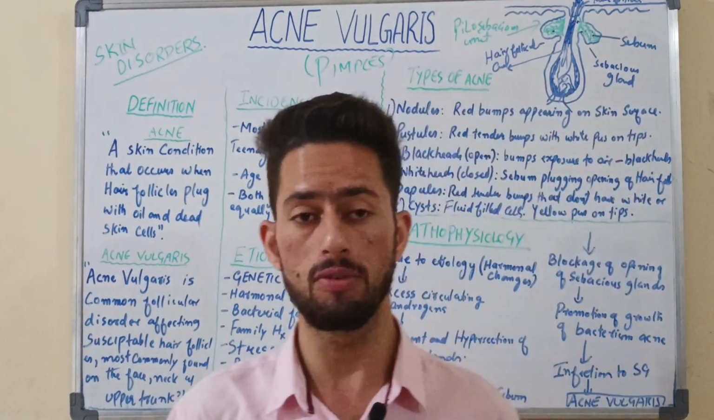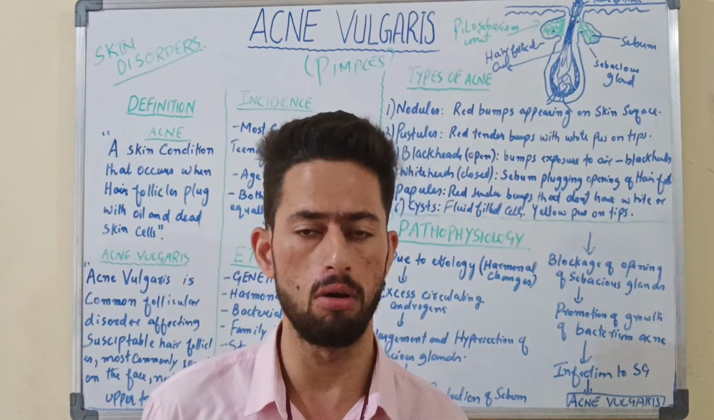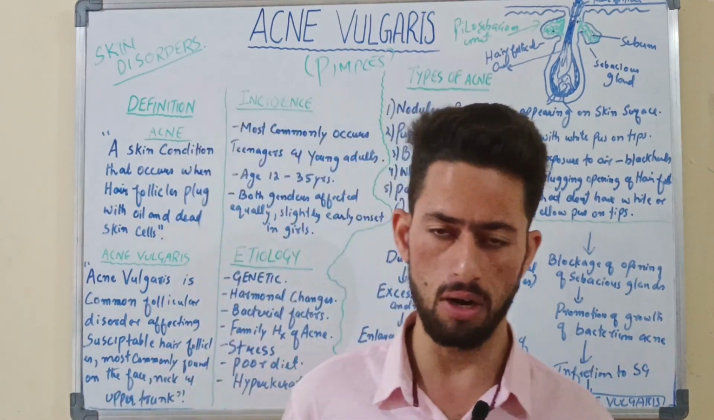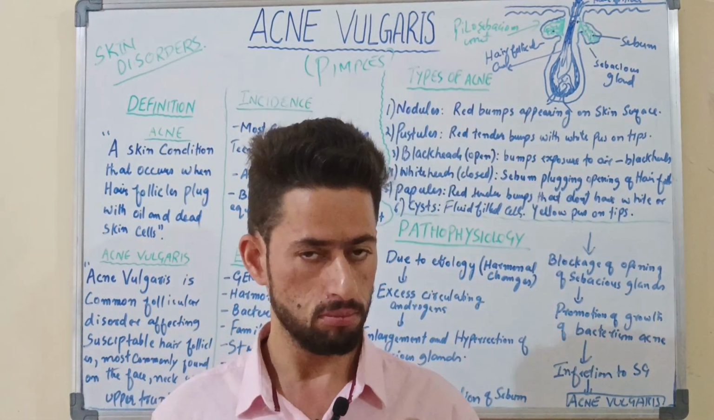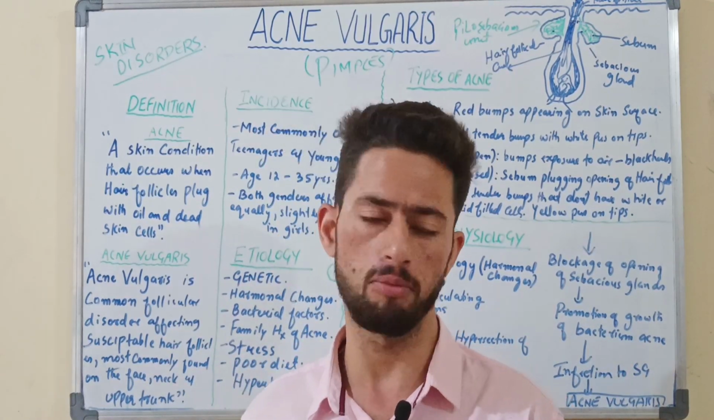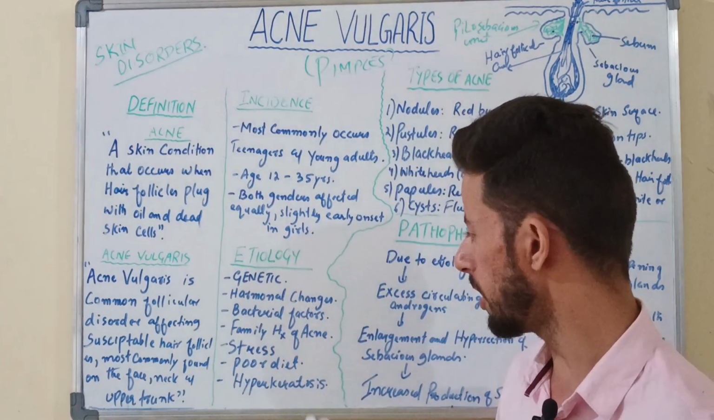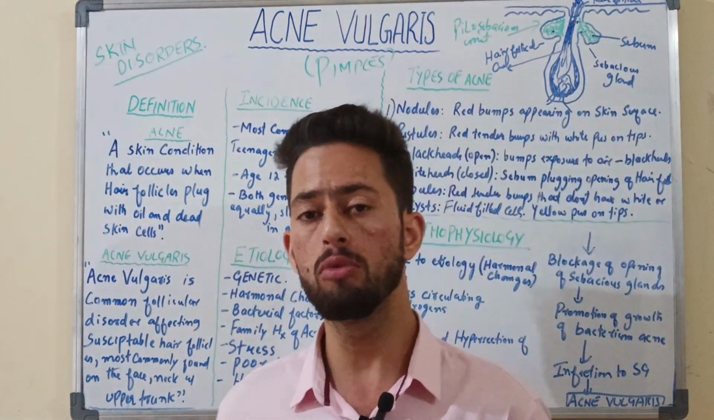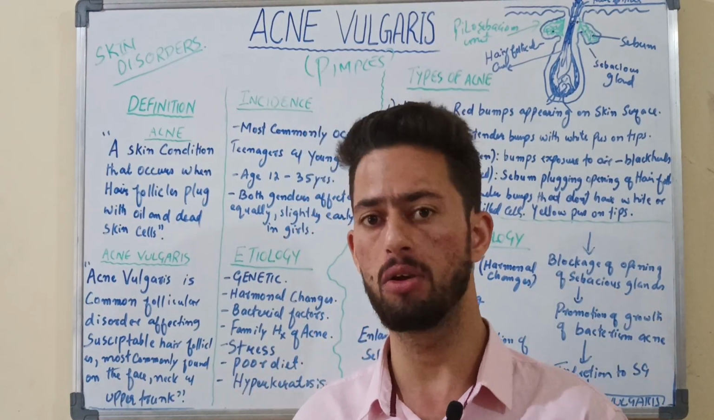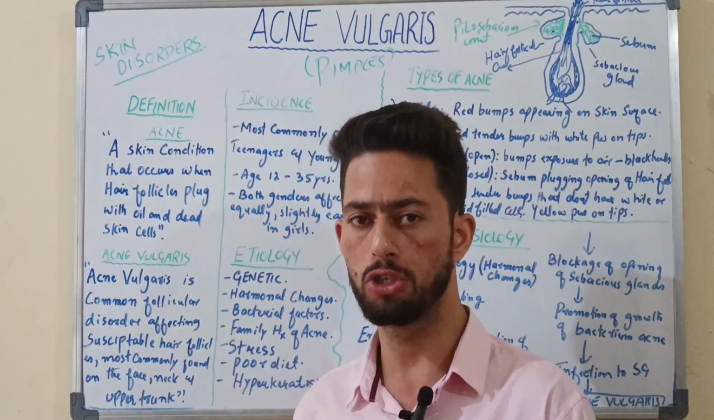Now next is the etiology. What could be the causes of acne vulgaris? The first predominant cause is genetic. If your father and mother have any genetic malformation, abnormal gene formation, this may lead to the development of acne. Next, hormonal changes, for example androgens. When there is hypersecretion of androgens, meaning much more production of androgen hormones,